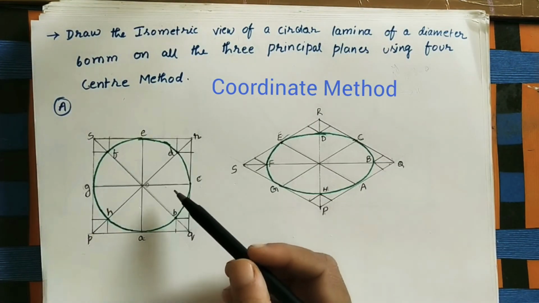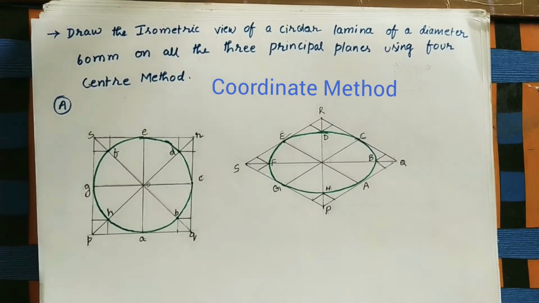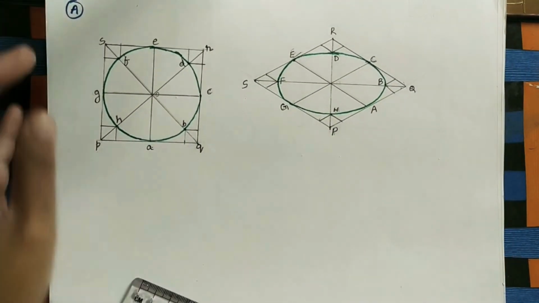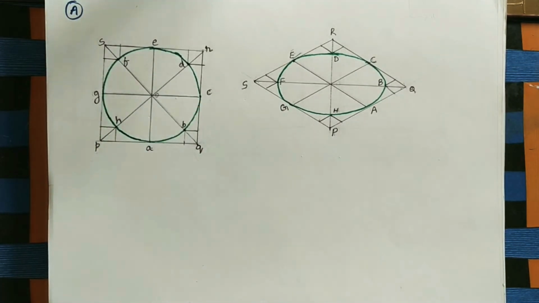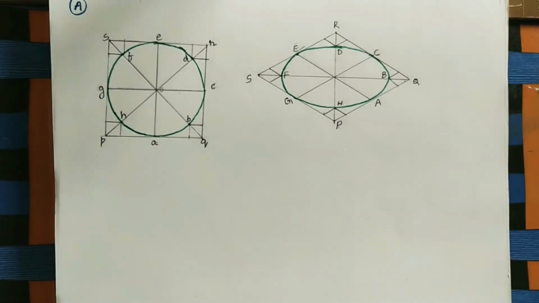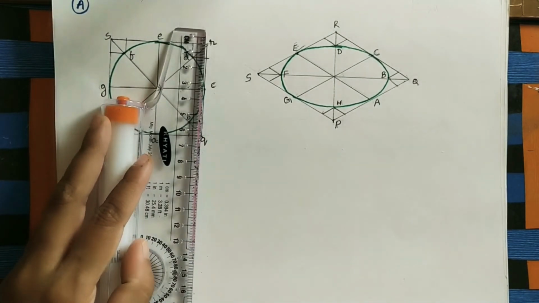So for this orthographic view or given diagram, this is the isometric view. Let us take another isometric view for this diagram. In this isometric view method, whatever vertical lines are there, those are coming as it is. Horizontal lines are inclined at 30 degrees. Let us do it. Initially take the vertical line, the PS line, as it is. Take this as the reference line.